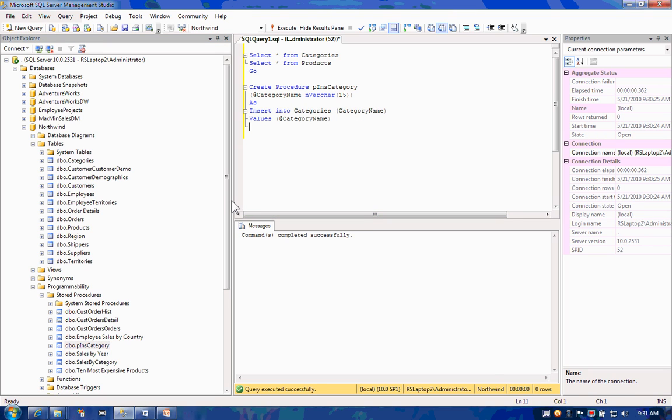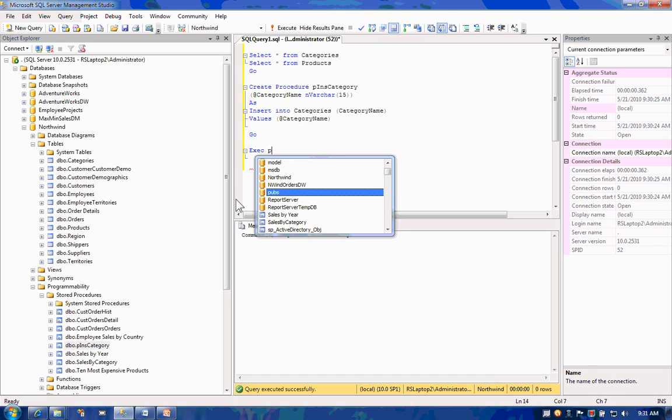Now, I can execute the stored procedure by using the following command: execute, the name of the stored procedure,